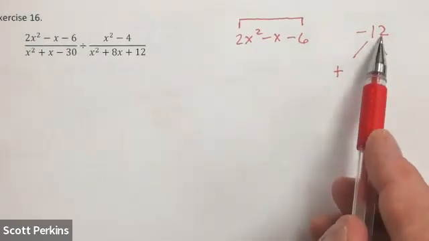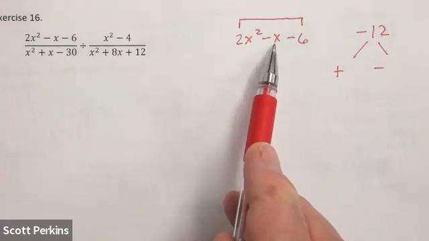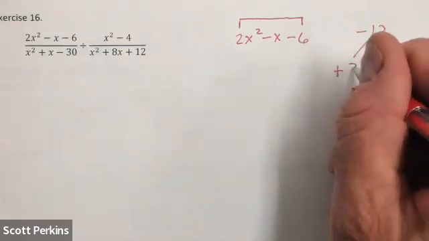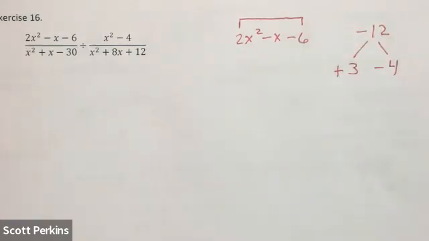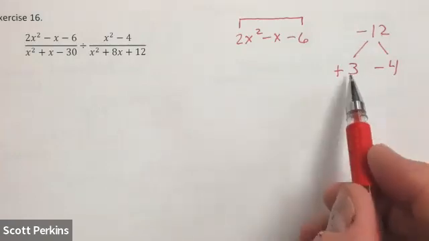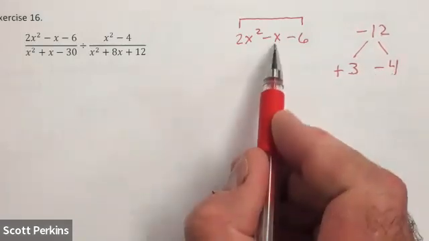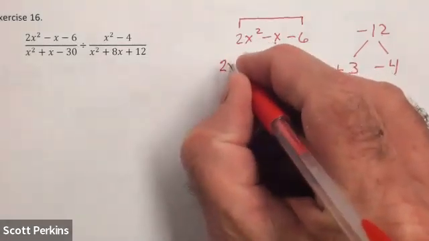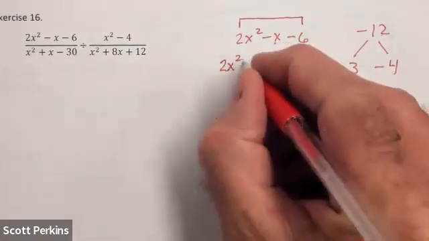And I need the two factors of 12 that are going to be 1 apart. That's where I use this middle number. That's a negative 1. So I'm going to use negative 4 and positive 3 as my two values. What we did with those values in this class is we use those as new coefficients to break this middle term into two terms. So that becomes 2x squared plus 3x,